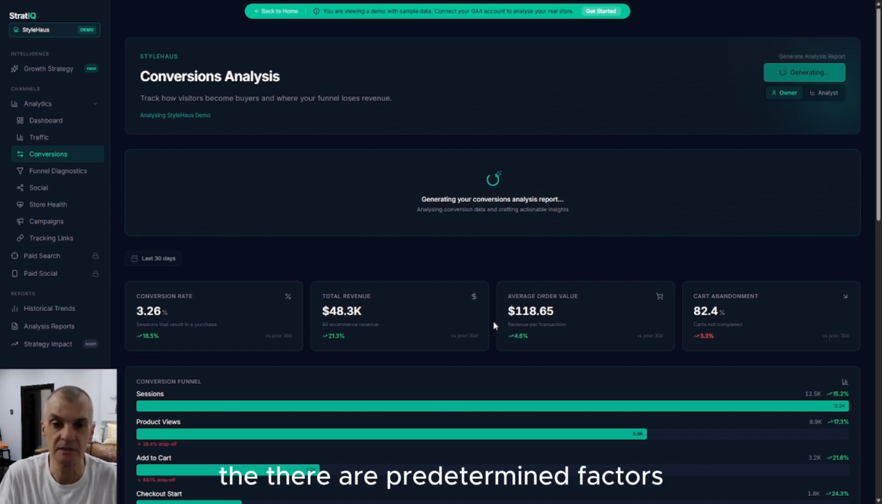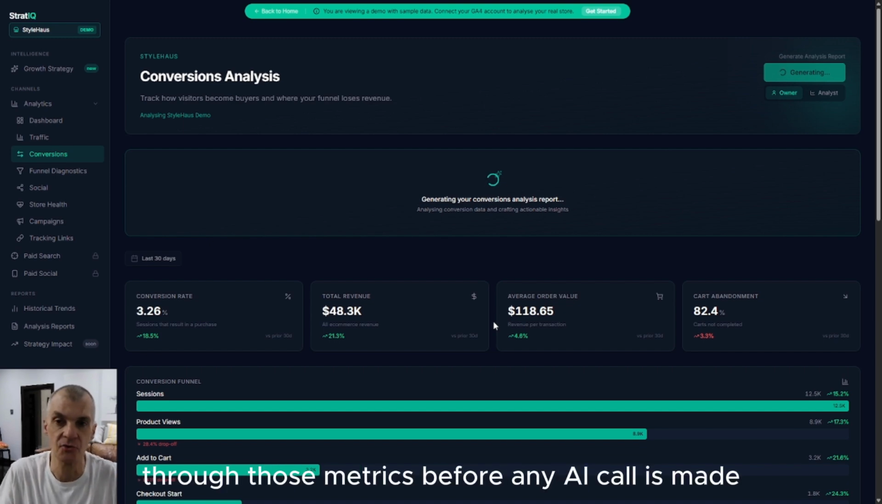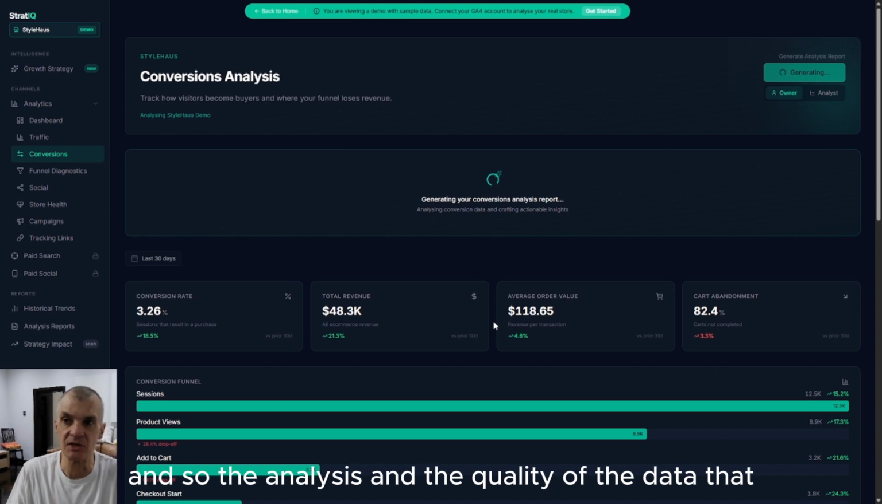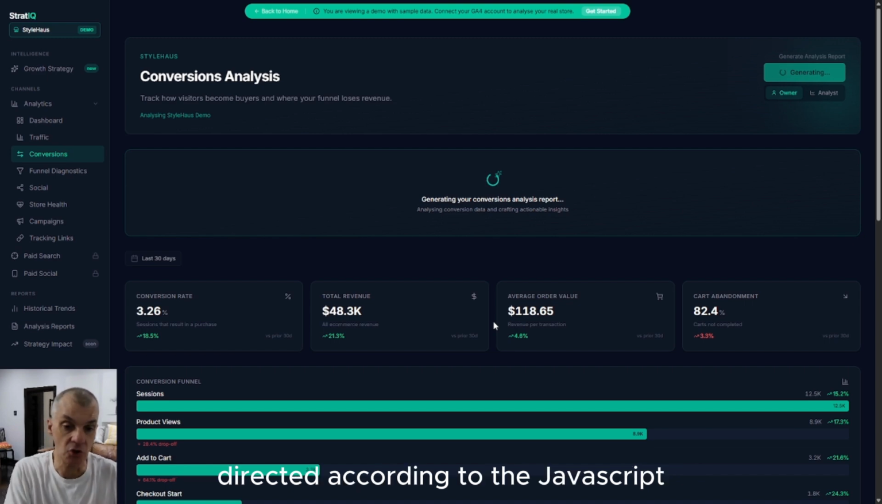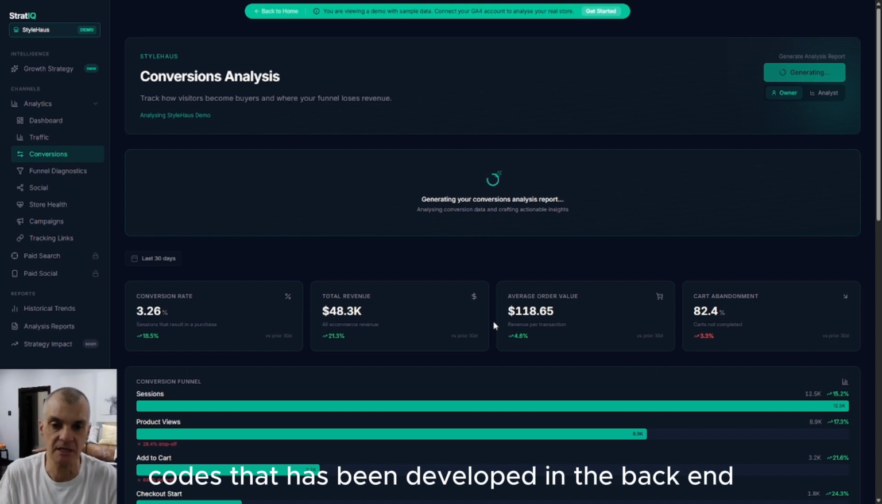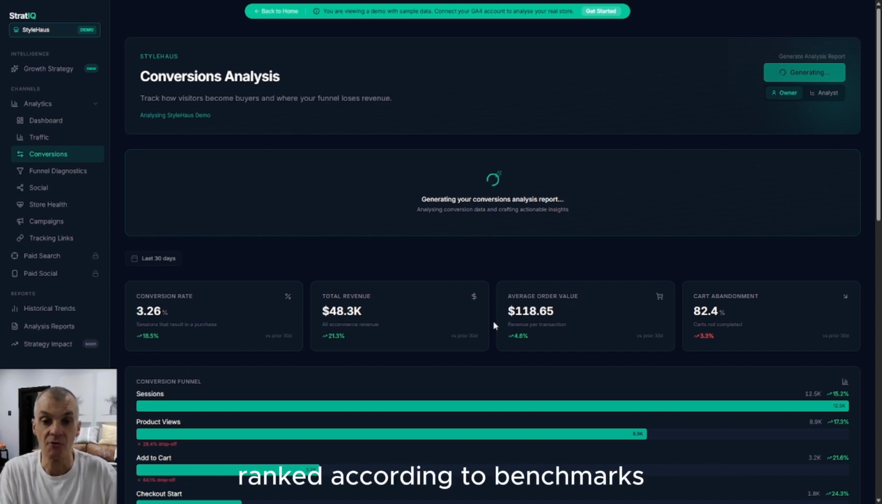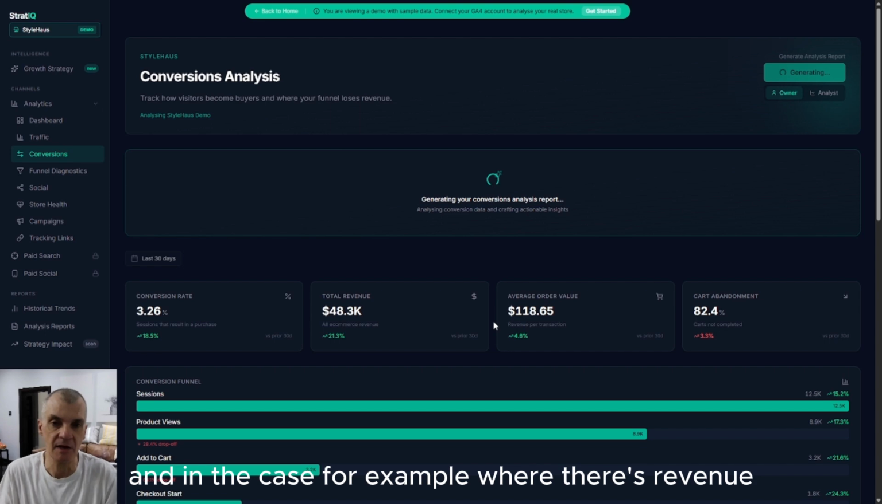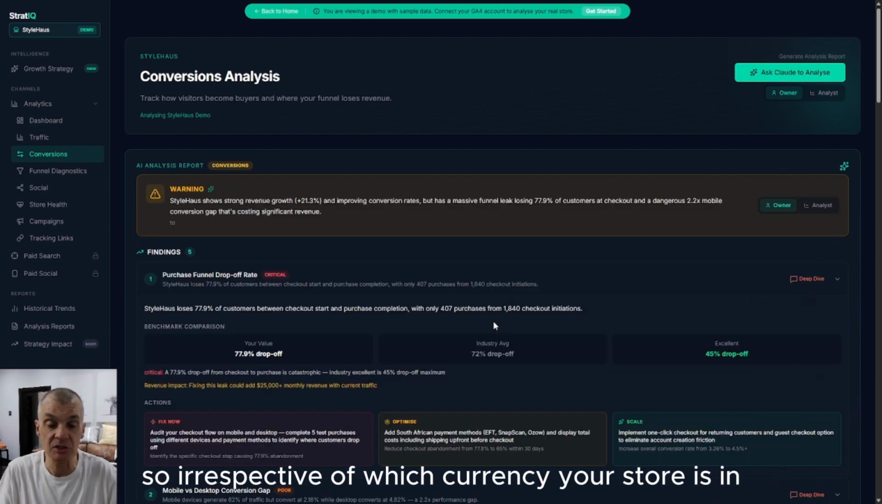There are predetermined factors that are analyzed through those metrics before any AI call is made. So the analysis and the quality of the data that actually gets generated is specifically directed according to the JavaScript code that has been developed in the back end. But more importantly, every single analysis is also ranked according to benchmarks. And in the case, for example, where there's revenue, most benchmarks are US dollar based. So irrespective of which currency your store is in,